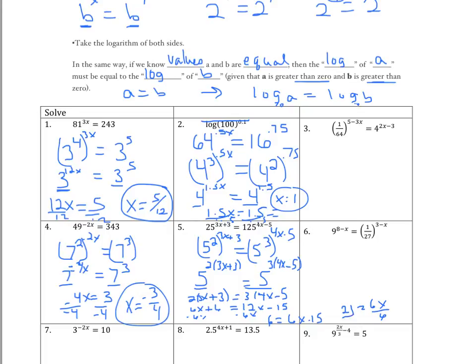We divide by 6 on both sides, and we get x equals 21 over 6, but we can divide the top and bottom by 3, so 21 divided by 3 is 7. 6 divided by 3 is 2. So our answer is 7/2. Go ahead and do number 6 for homework. Let's look at the next